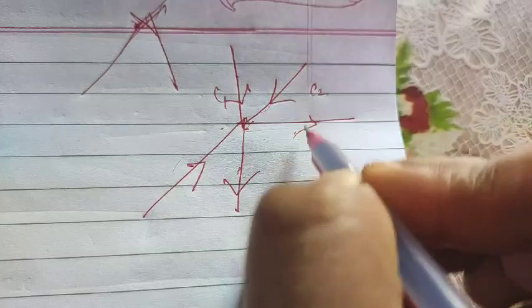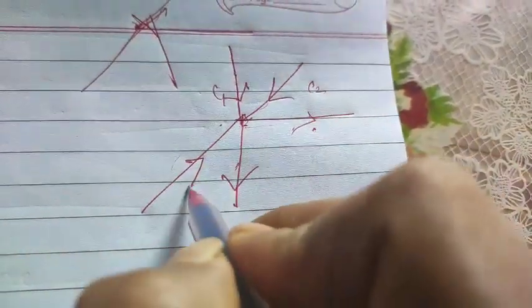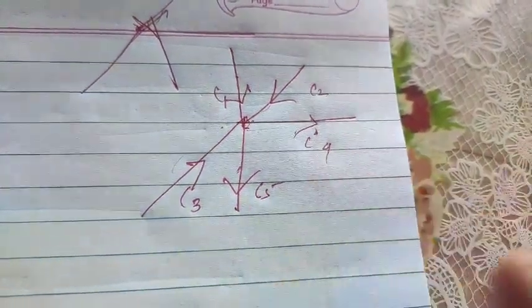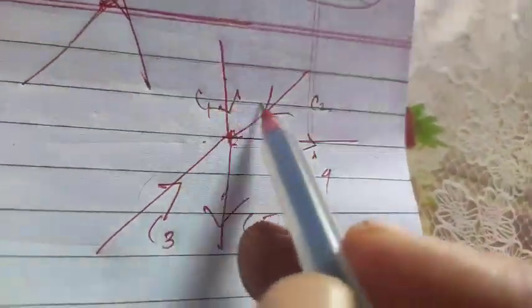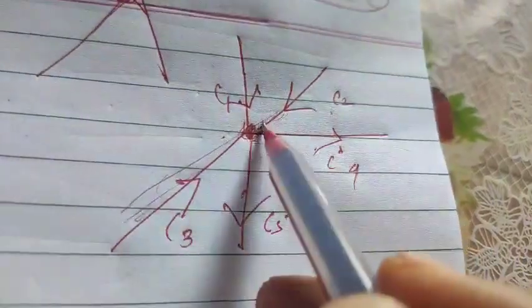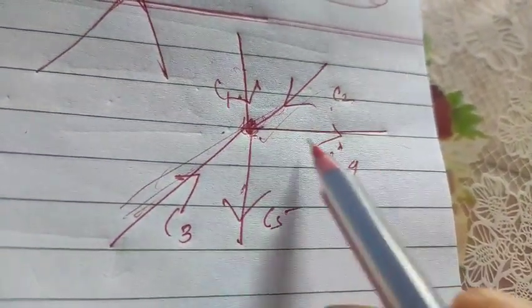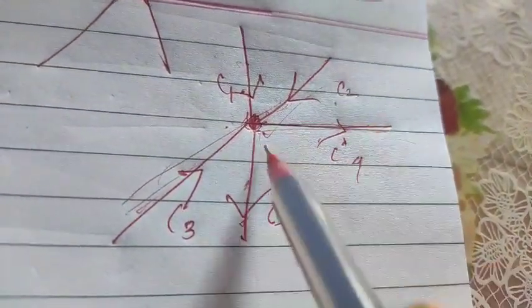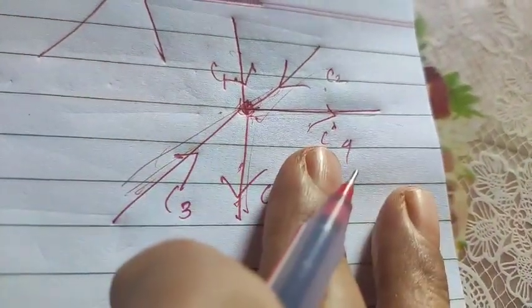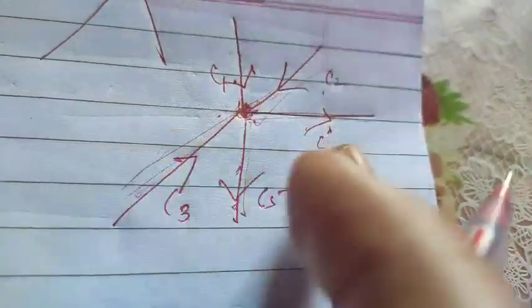So suppose this is I1, this is I2, this is I3, this is I5, this is I4. Anything you can take. Okay. Now you see the changes, student. What is that? You see carefully. I1, I2, I3 is entering, entering to this junction. Clear? But what happened to I4 and I5? I4 and I5 are leaving the junction. Clear? So those who are leaving take negative, those who are entering take positive.